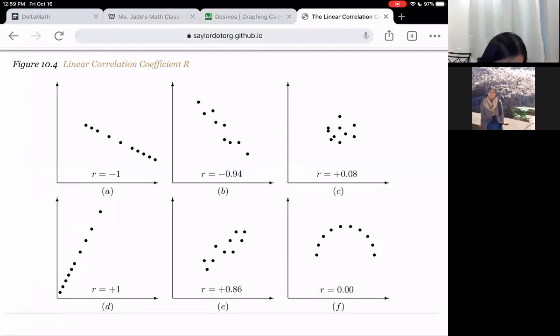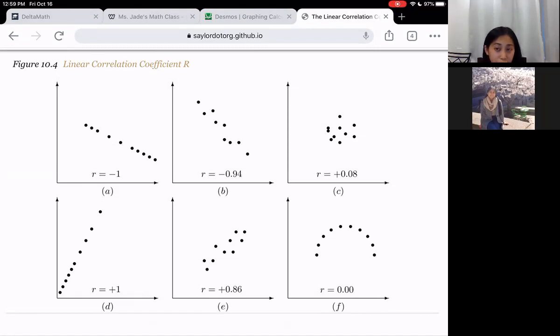So since it's increasing, then you have a +1 as your correlation coefficient. And then for E, you can see positive 0.86, pretty close to 1, but not exactly. And you can see how those points kind of look like they would form a straight line, but it's not exact. And finally, for graph F, those points are definitely not in a straight line, and so it has an